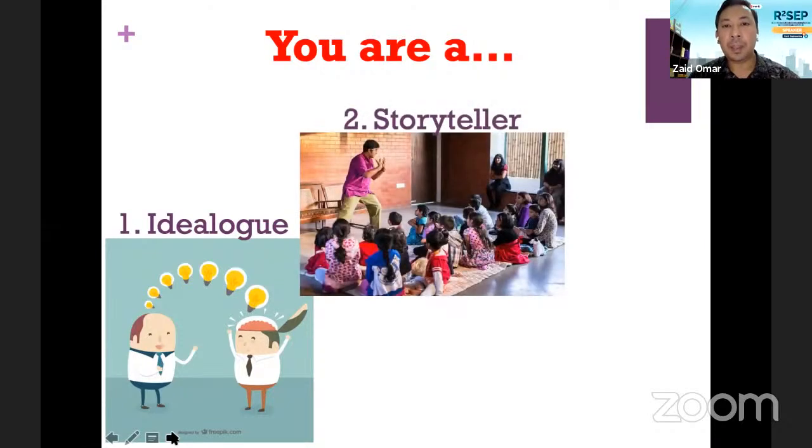Number two is you are a storyteller. So take a look at this picture of this uncle telling a story to the kids. Look at the uncle's gestures and demeanor. His face is excited. His hands are moving all about. His posture is